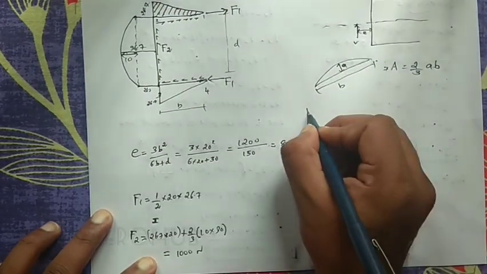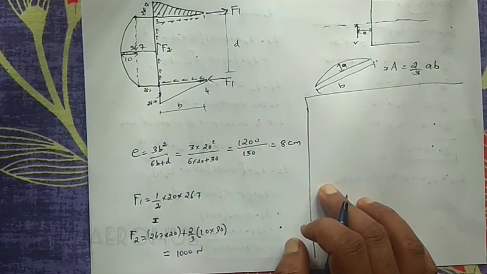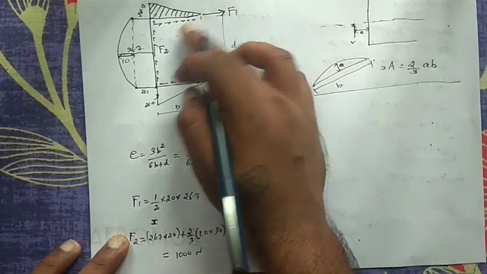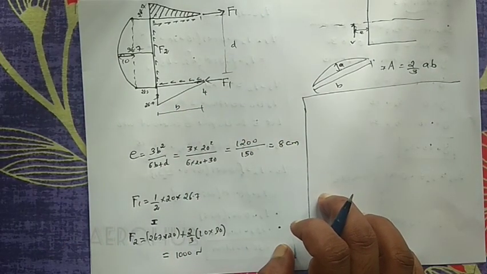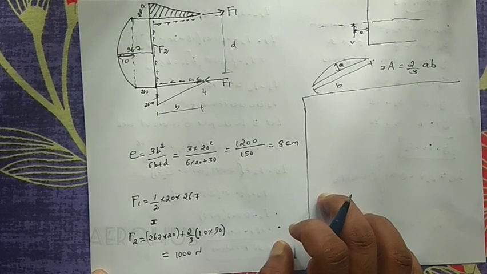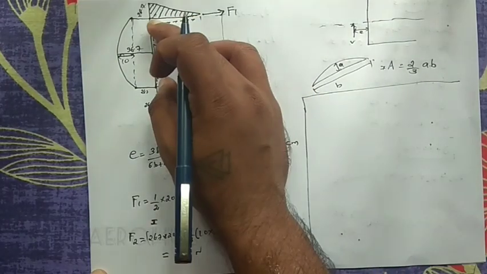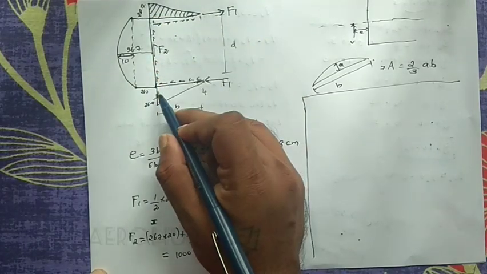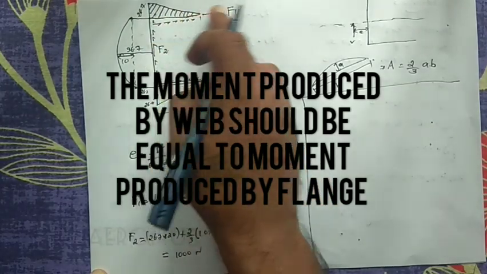Now, shear center is nothing but the point about which the system won't rotate. Because of F1 acting on upper flange 1, 2 and lower flange 3, 4, this is a couple acting on upper flange 1, 2 and lower flange 3, 4. The system can rotate; that creates a moment that can rotate. So to counteract the moment, the particular shear force acting on the web and the moment produced by the web should counteract the moment produced by the couple.